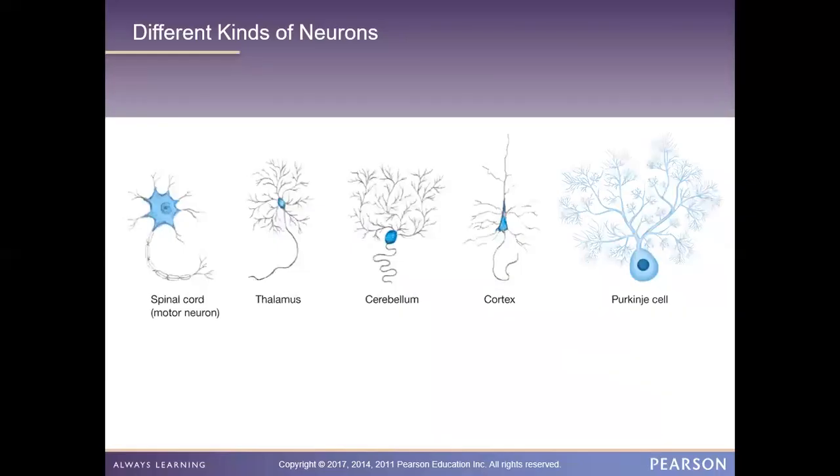There are different types of neurons. So there's the spinal cord all the way to the Purkinje cells. Once you think about the different shapes that a neuron can come in, know that no two neurons may always be the same. They may come in different shapes. They may serve different functions. And depending upon the function that they serve, the amount of connective ends on the end of that cell might change. So it depends on where they're located and depends on who else they're communicating with.